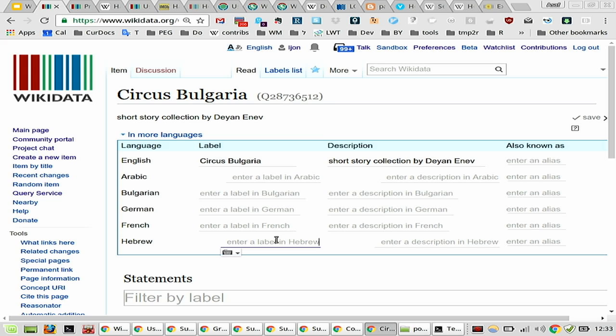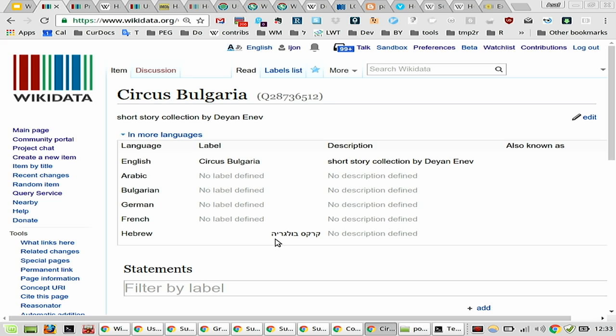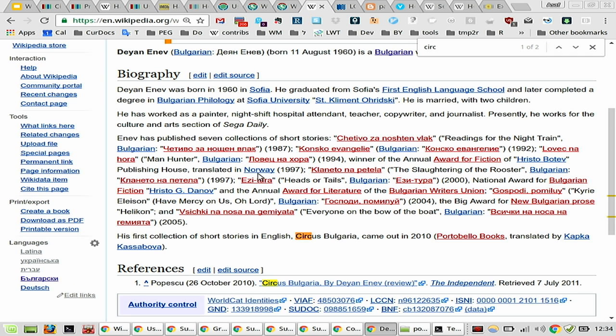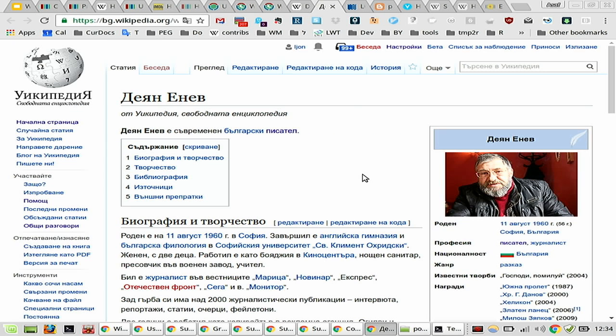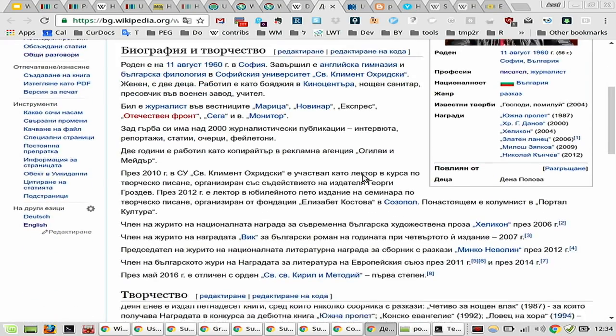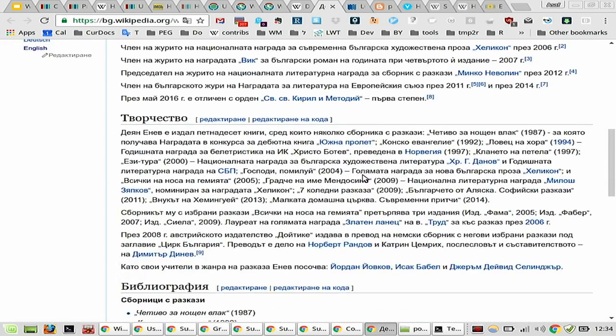So, for example, I can start by teaching it the name of the book in another language that I happen to speak. Now it has two labels, in English and Hebrew. I could also look up the original Bulgarian label for this book, which seems relevant. Again, I do not speak Bulgarian, but I can go to the Bulgarian Wikipedia through InterWiki. This is this gentleman, and I can read Cyrillic,